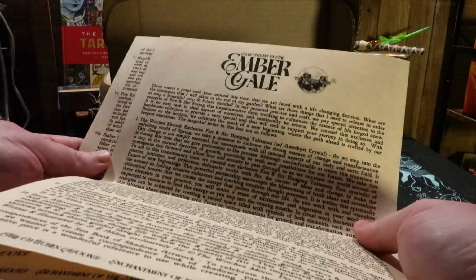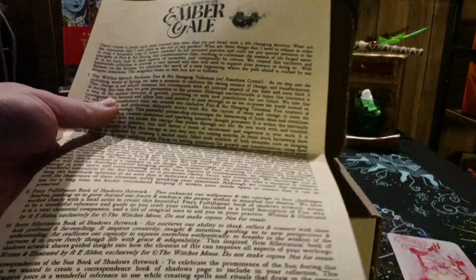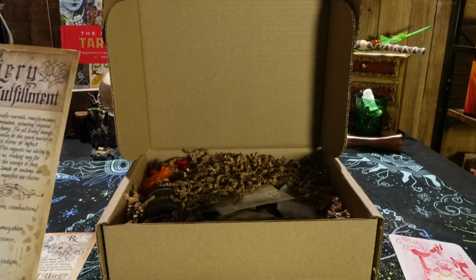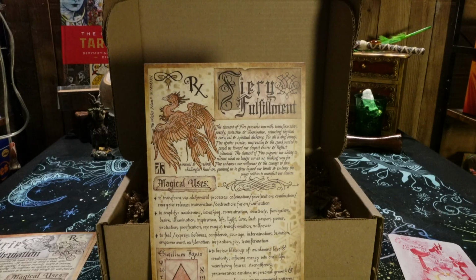Let's go ahead and read the description of the artwork. First, we have the Fiery Fulfillment Book of Shadows artwork. That's this one. It says, fire enhances our willpower and the courage to face challenges head on, pushing us to grow beyond our limits and embrace the power within to manifest our desires. We have worked closely with a local artist to create this beautiful Fiery Fulfillment Book of Shadows artwork, meant to be a wonderful reference and guide